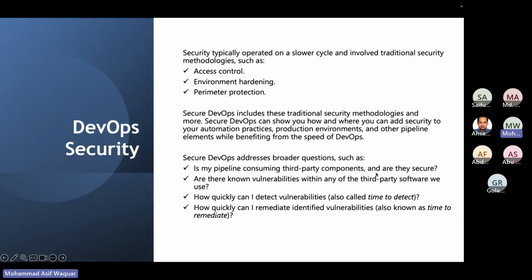Now next comes DevOps security. Normally what we understand from security is more about the access control part, how we are hardening our environment, how we are doing our perimeter protection. Basically, securing DevOps includes these traditional methods, and on top of it, it also includes security of automation practices